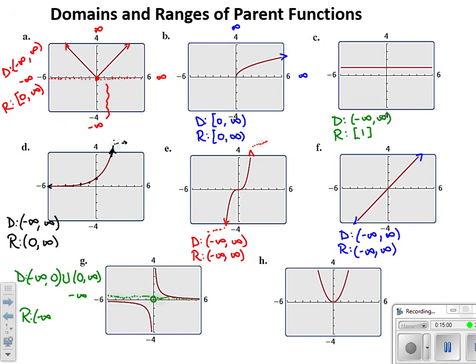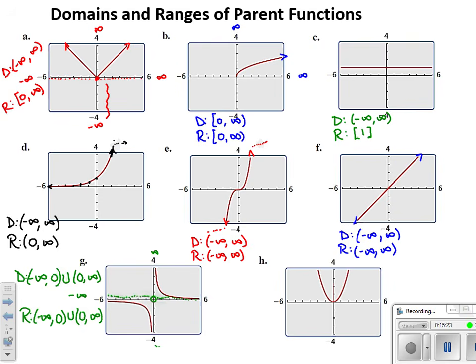And for range, the same thing is going to happen, oddly enough. At negative infinity, we're down at that height, the graph is there. However, when we get to the x-axis, when there's a height of 0, our graph does not exist there. So we have that same thing. We just skip over the height of 0, and then the rest of the way to positive infinity, we will see that graph.